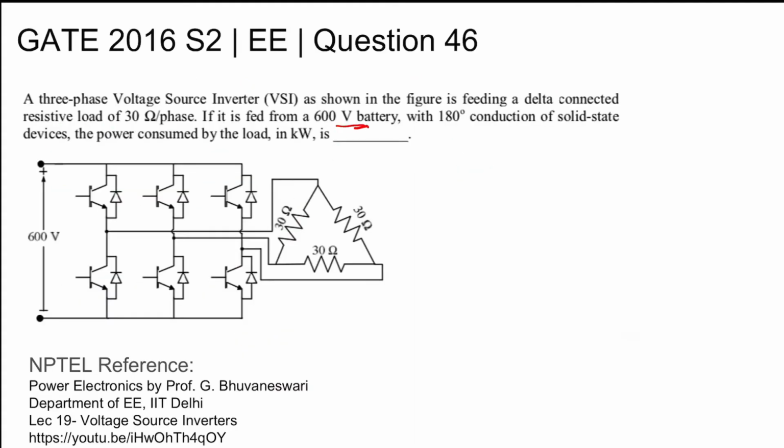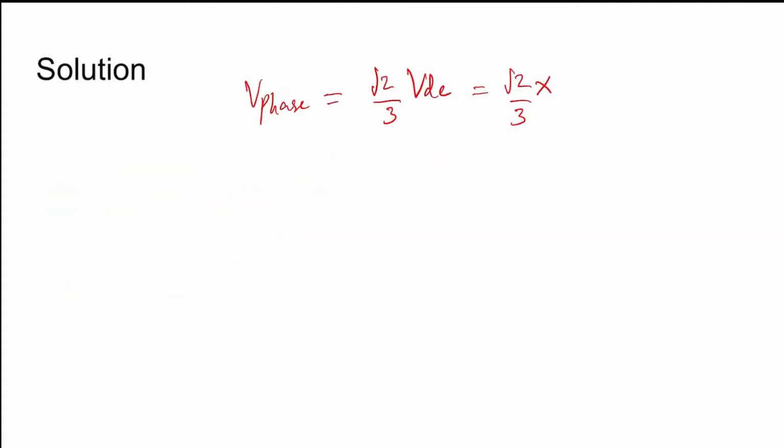Now coming to the solution, we know that the phase voltage at the output of the VSI for 180 degree conduction mode is equal to root 2 by 3 VDC. So it is root 2 by 3 into the VDC, that is the battery voltage, 600 volt battery at the DC side. So the RMS value of phase voltage is coming out to be